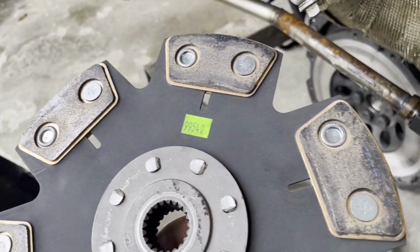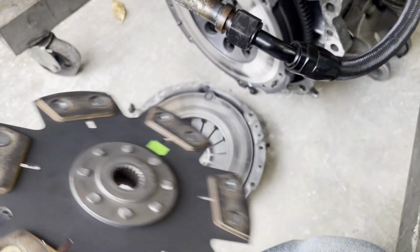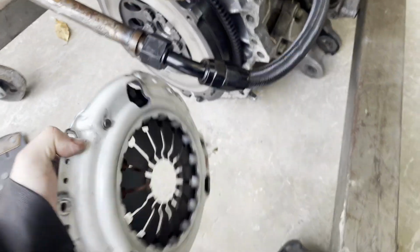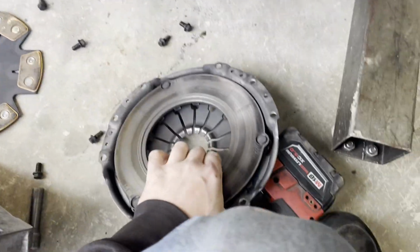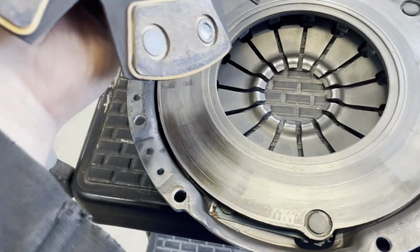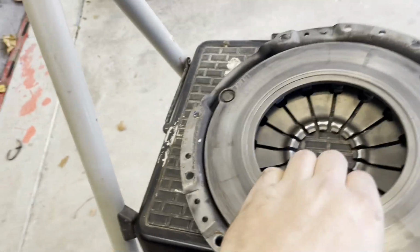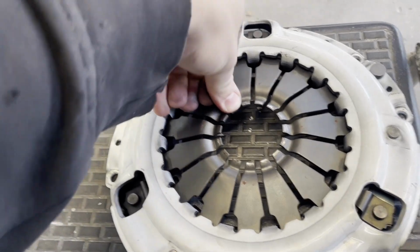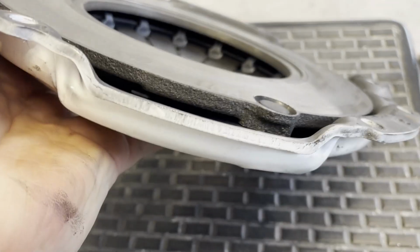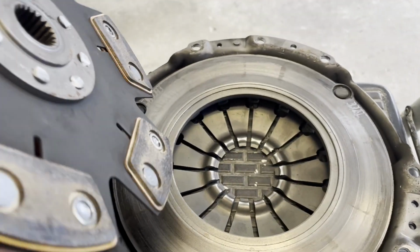Okay. That looks fine. And that looks fine. The hell? So it's glazed for sure. But I'm not seeing anything that shows that this shouldn't work. Everything released. I thought for sure some of these pads were going to be missing, but I'm thinking we just